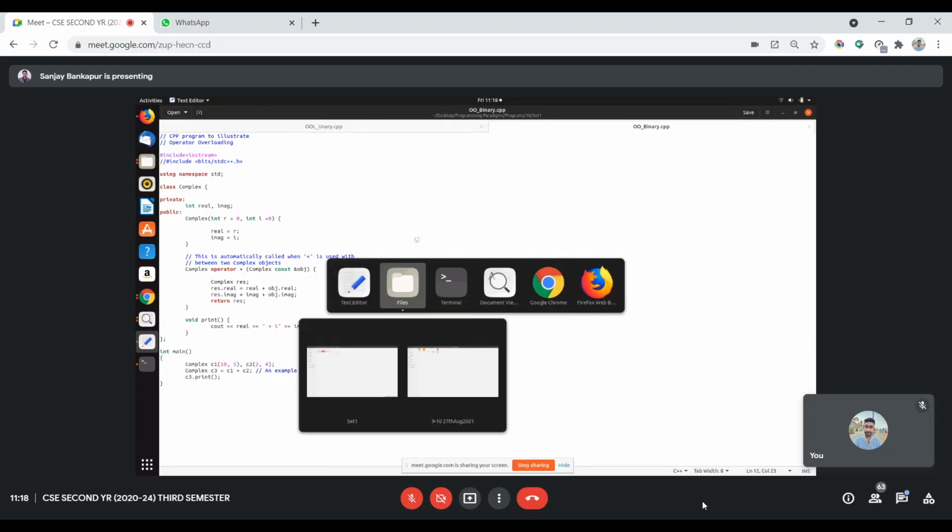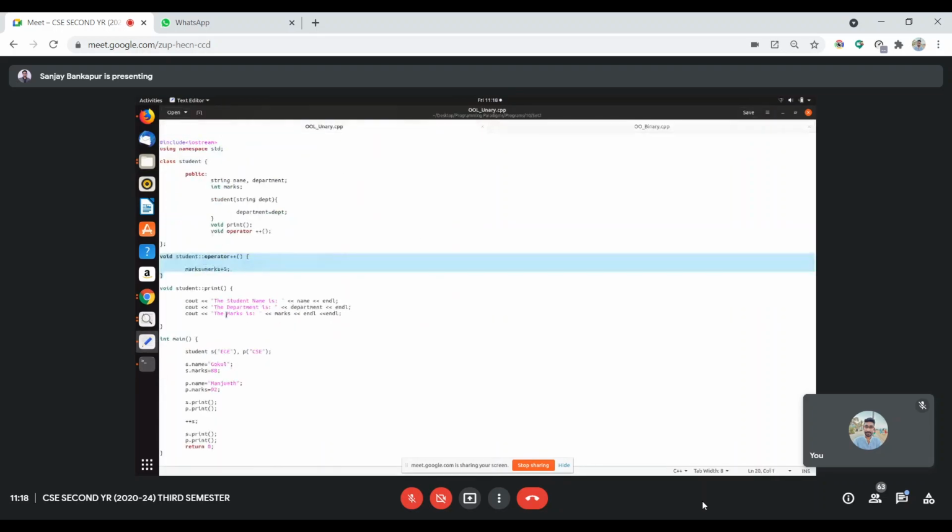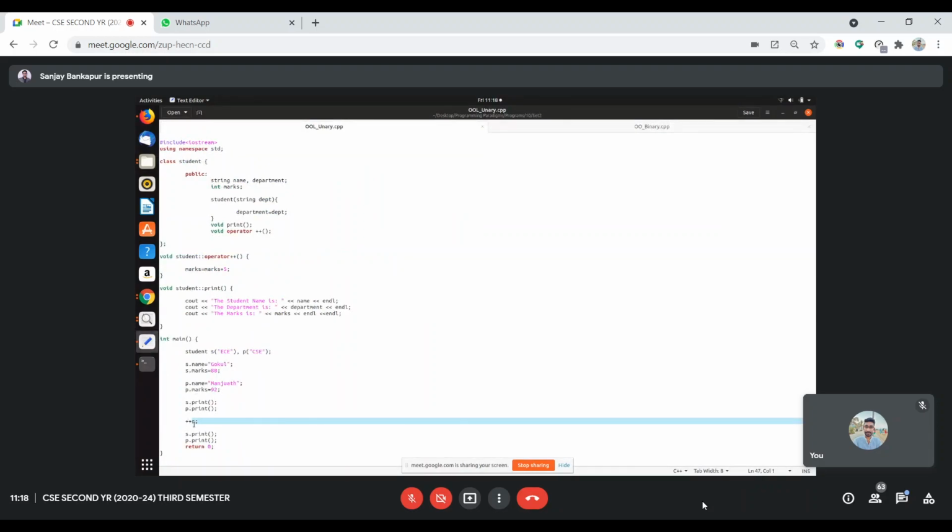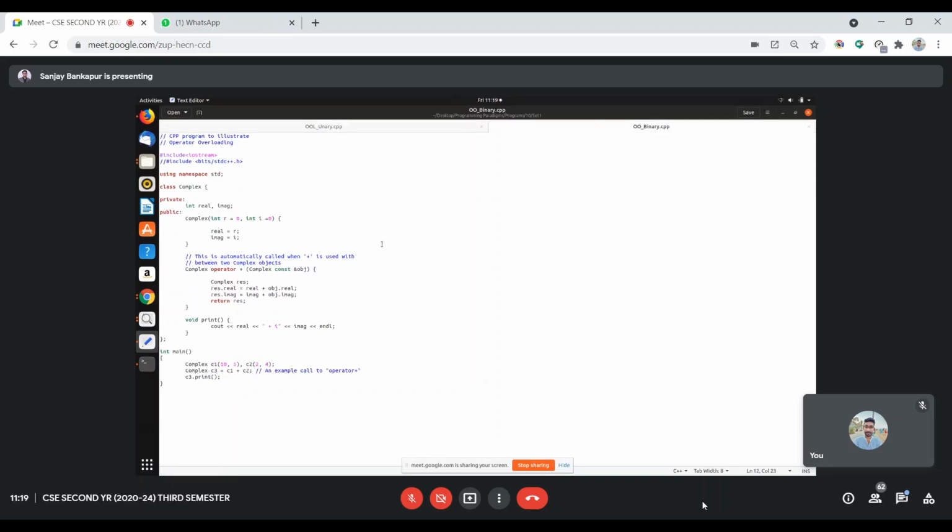In our previous example, the operator had only one operand. This is an operand and the operator is plus plus. So a unary operator requires only one operand, in this case only one object. When it comes to binary addition, there are two operands, so two objects will come into the picture. How do we handle those two objects to add something? In that case, this is one simple example, a bit of a tricky one.